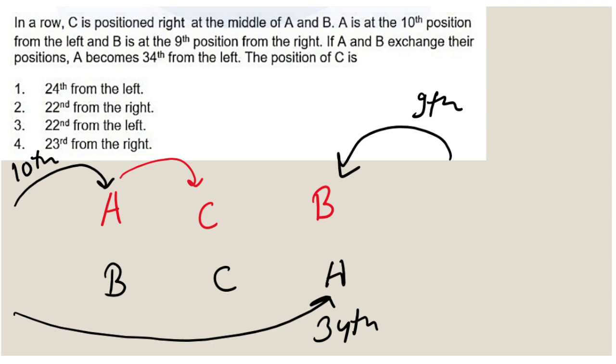So from here what can we say? We need to find out the midpoint between A and B, right? As already given, from the left A is at 10th, and from the second case we can say that from the left B is at 34th position, correct? So now we have 2 points, we know these 2 points, this one is 10 and this is 34. We need to find the mid of these 2 points.